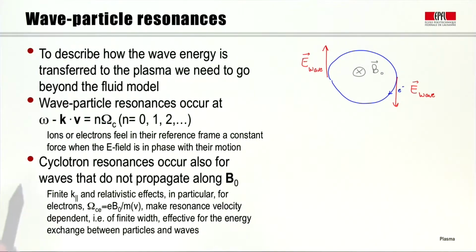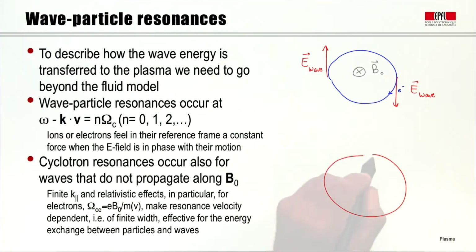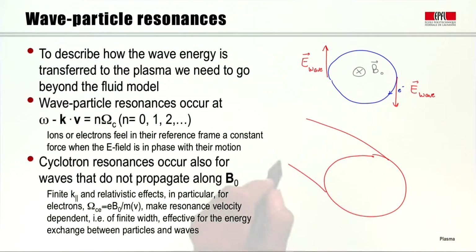The other point I'd like to underline is that in the model that goes beyond the fluid approach, in which we consider distribution of particles that do not correspond to a single velocity for all the individuals, we can indeed have cyclotron resonances also for waves that do not propagate along the magnetic field. So if I sketch the situation, say in the geometry of a tokamak,